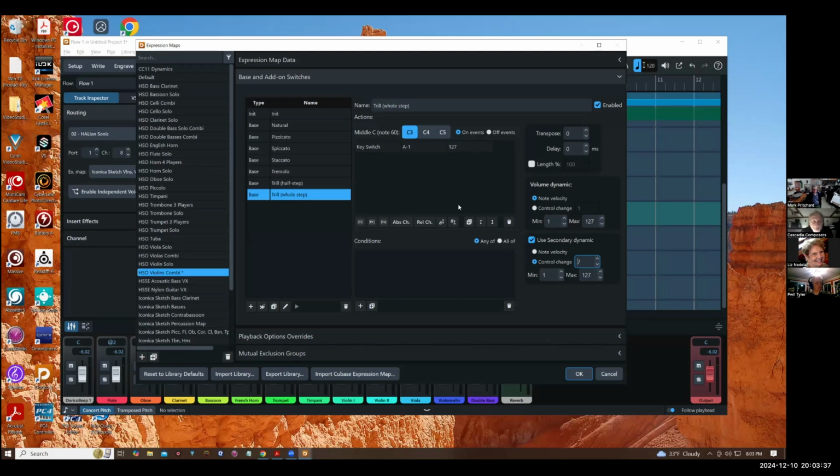So that's what an expression map looks like. You're mapping these different types of expressive techniques, playback techniques, to these kinds of switches, and also specifying how the volume is affected by different controllers. There's more to it, but those are the basics. These playback option overrides and mutual exclusion groups, I haven't even needed to get into those yet. I will explore those in the future, but if you could just get this base and add-on switches area understood,